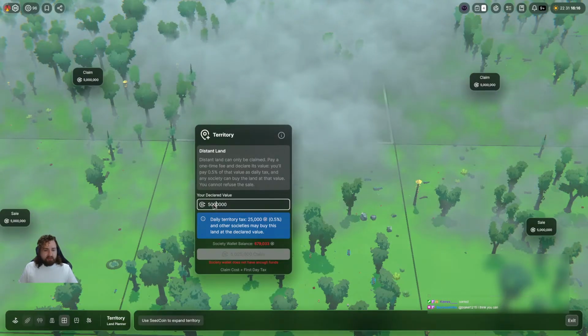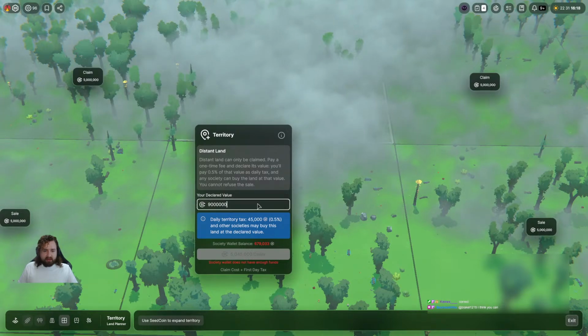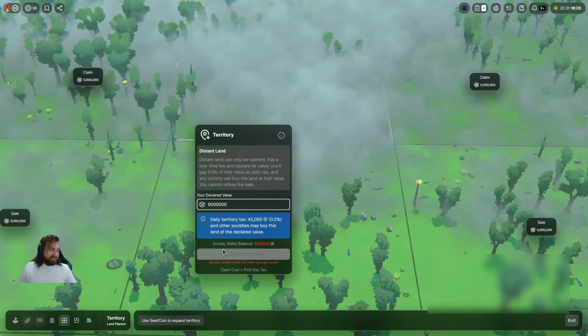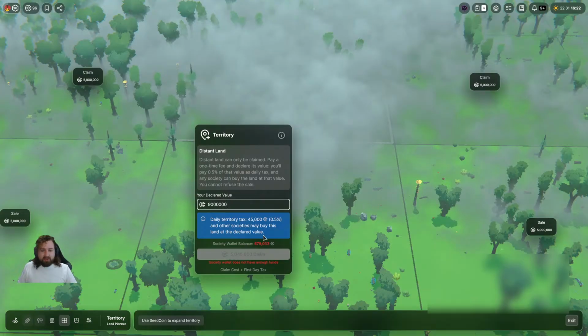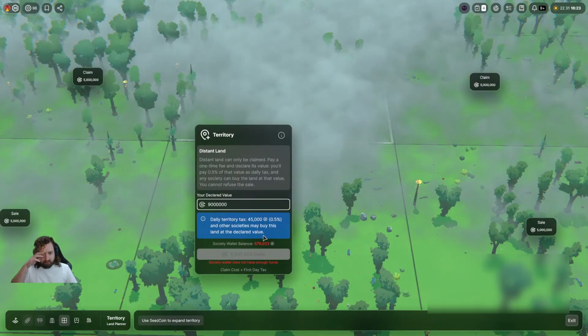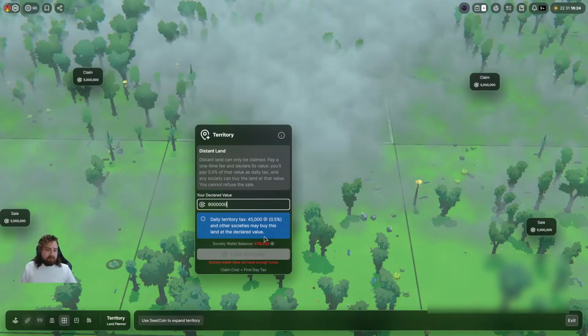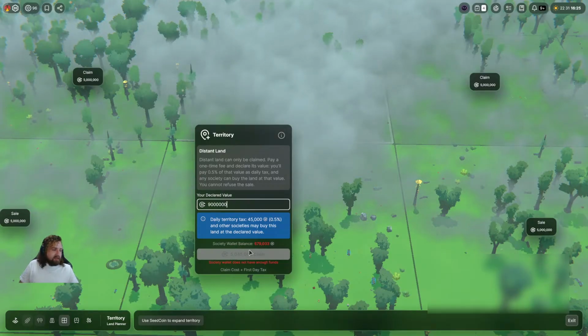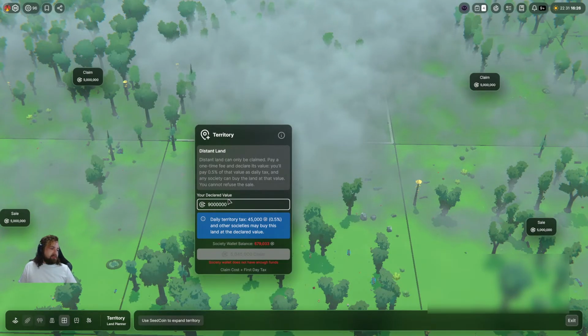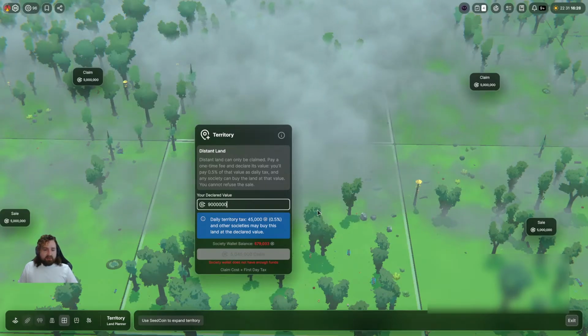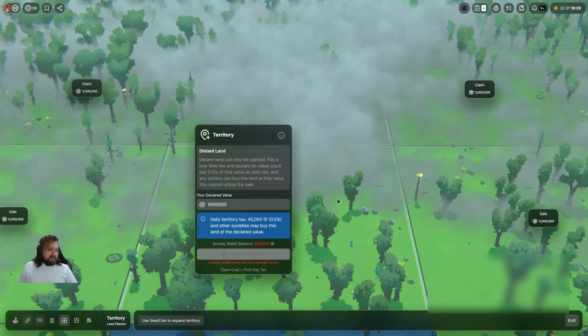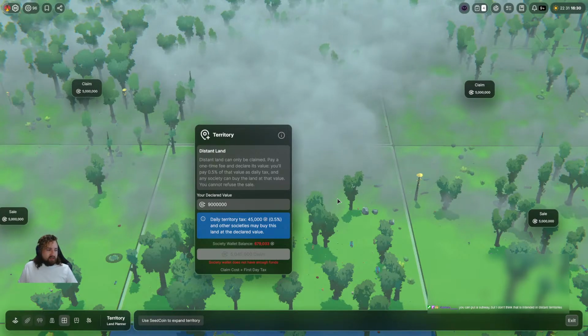Yeah. So like we could change this to like 9 million, right? Oh, what's weird is it didn't update down here. It should have though, because it updated right here. So this would cost... Oh wait, no, it didn't update there either. Very odd. Well, maybe it's because we don't have the money in the bank account. But it would then be 0.5%, right? So I'm just thinking like, this is something that would come out of the society's wallet at the end of the day.